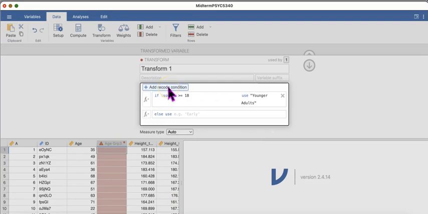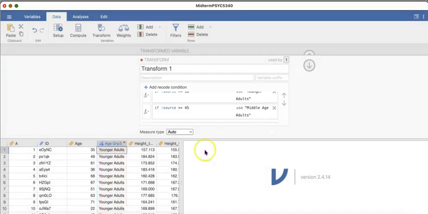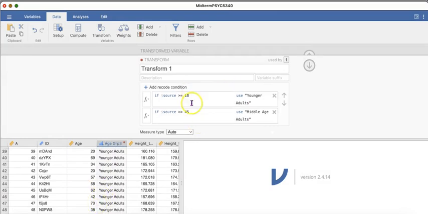If I add another recode condition, let's say greater than, I believe it's 45, whatever range I gave you, middle-aged adults, this is not nice. It's still, everyone is being considered a younger adult because it just doesn't override the previous condition. So what we can do to not use the giant code from the textbook and to make this faster is